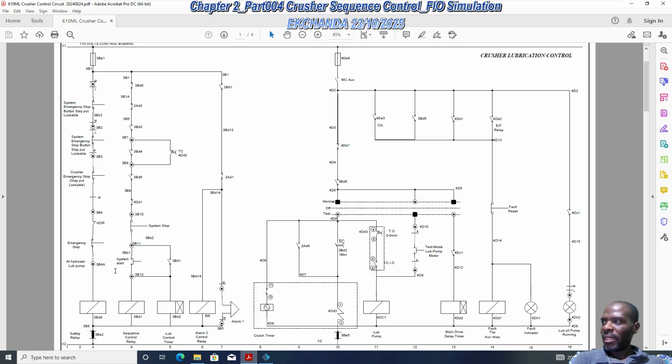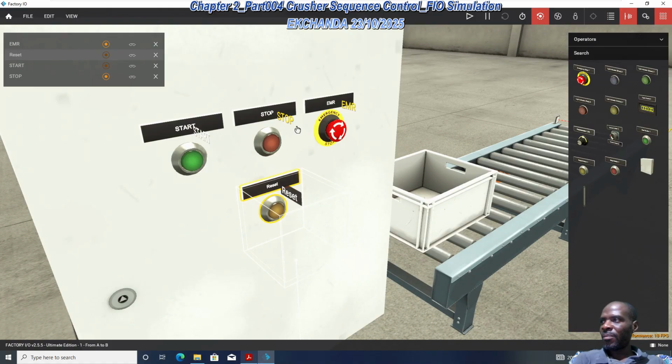So we can have the system start, the system stop, and the emergency push buttons, and do we have a reset? Things like the fault reset would be emulated by these buttons, right? So having done this, the only other thing we're going to do is go to